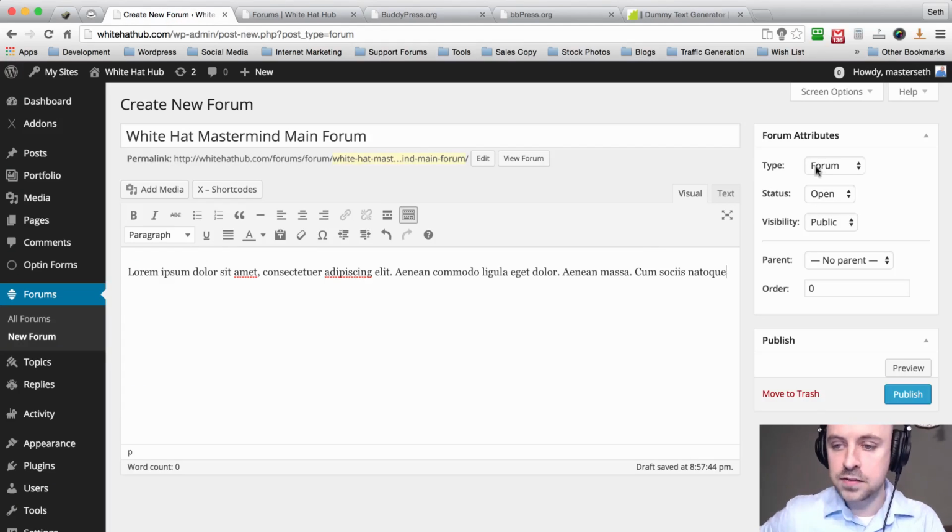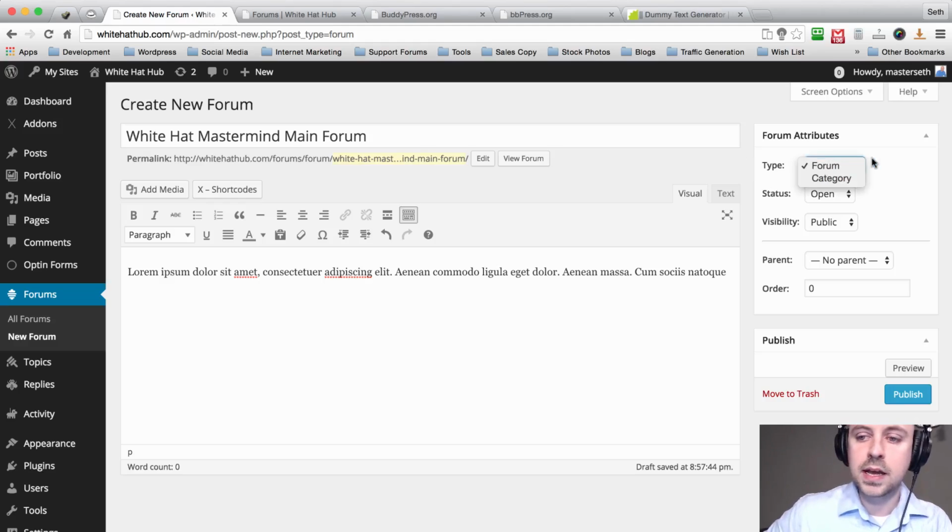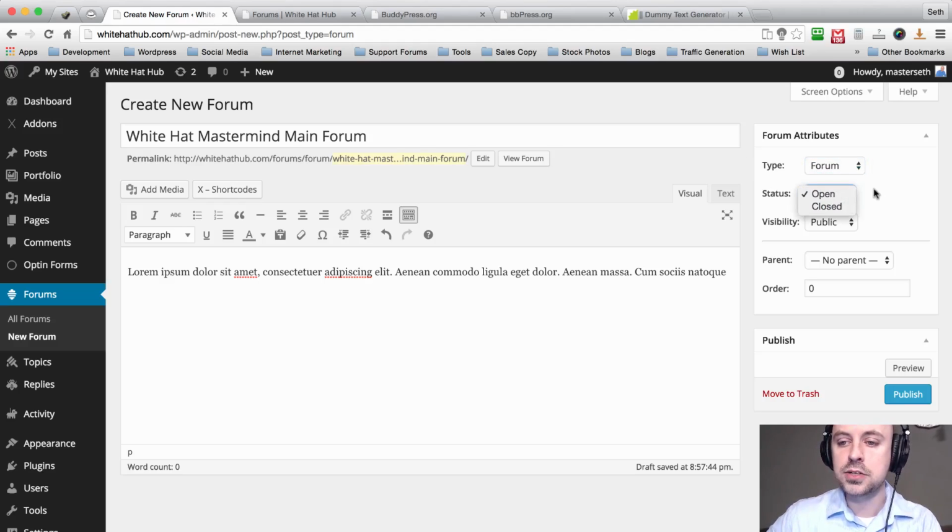And then we have a few settings over here. You can choose to make it a forum or a category type. We'll keep it forum. You can choose to keep it open or closed. Obviously, we want it open because we want people to be able to comment. You can choose to have the visibility public, private, or hidden. It's completely up to you, obviously. Just keep it public